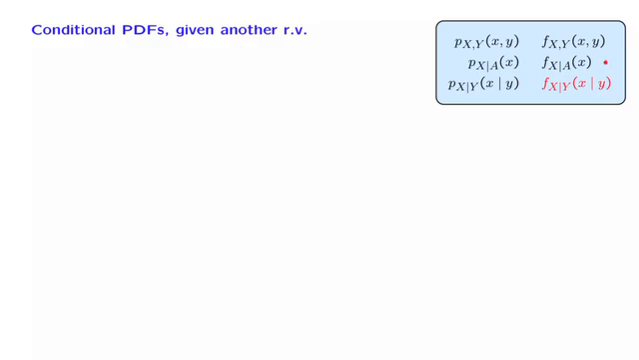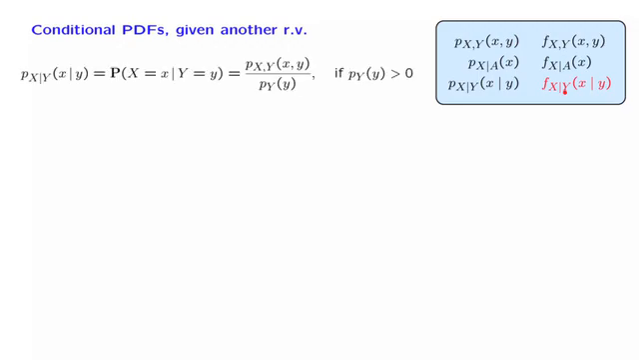The next item in our menu is to define a conditional PDF of one random variable given another random variable. We proceed by first looking at the definition for the discrete case. A typical entry of the conditional PMF is just a conditional probability but in different notation. And using the definition of conditional probabilities, this is equal to the ratio of the joint divided by the probability